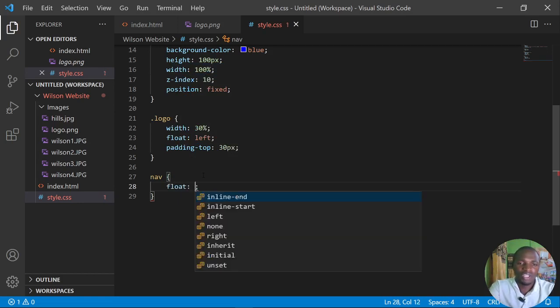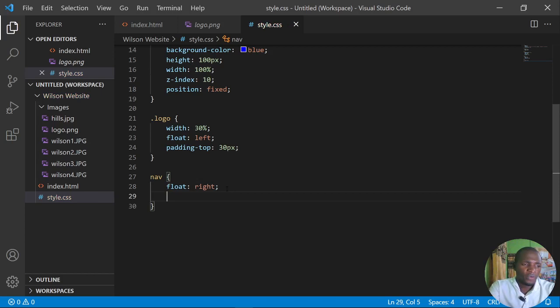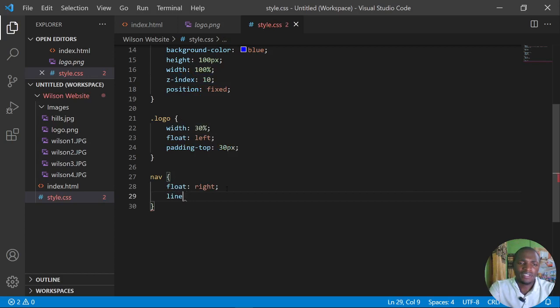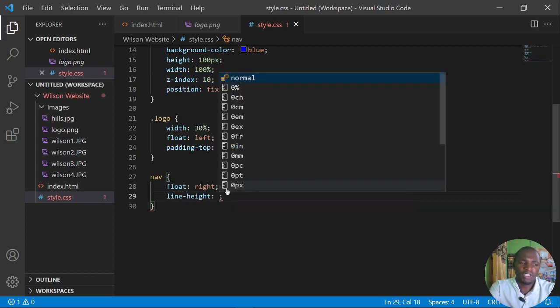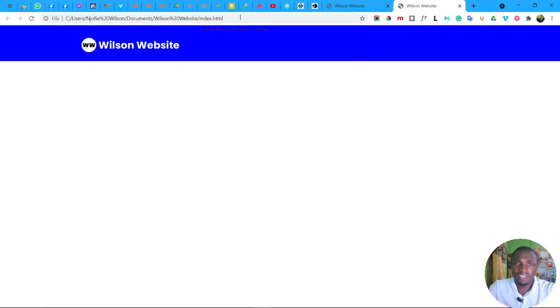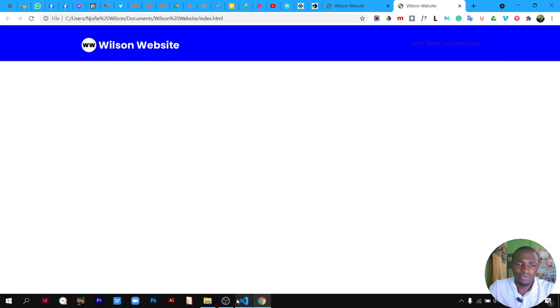So we float it to the right side, and also what we do is we give it a line height, the line height of our elements on that. The line height should be, we give it a line height of 100 pixel. That's how long the lines should be. And let's just see the effect. So you see, this is where the links are hiding. Let's just refresh that. So you now see they are on this other side, and we want to now start